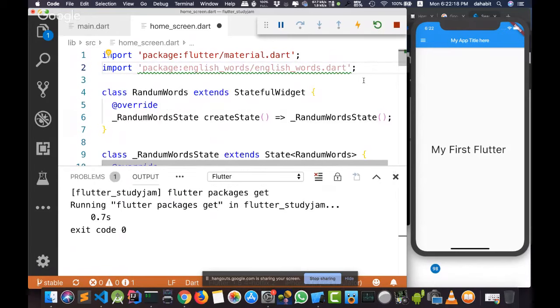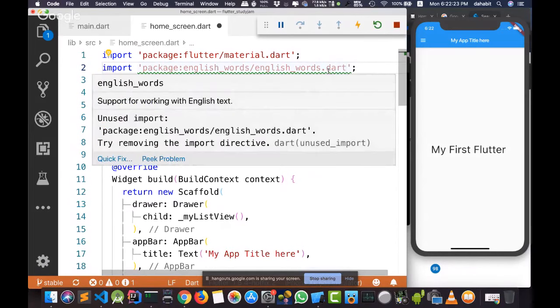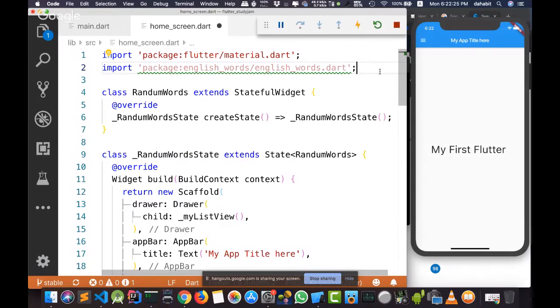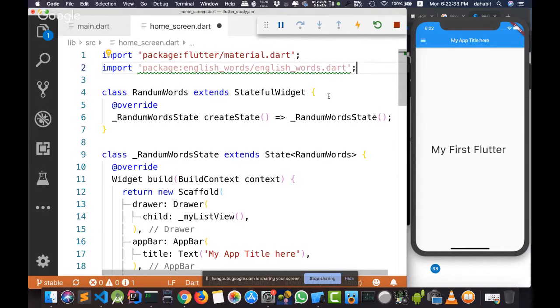There is one important note here. As you can see, there is a green line under my library. What does the green line mean? Green line means that I didn't use something. If I defined a variable and didn't use it, a green line will appear under it. If I imported a library and didn't use it, the editor will warn me with a very beautiful green line, saying you imported this library and didn't use it inside your code.